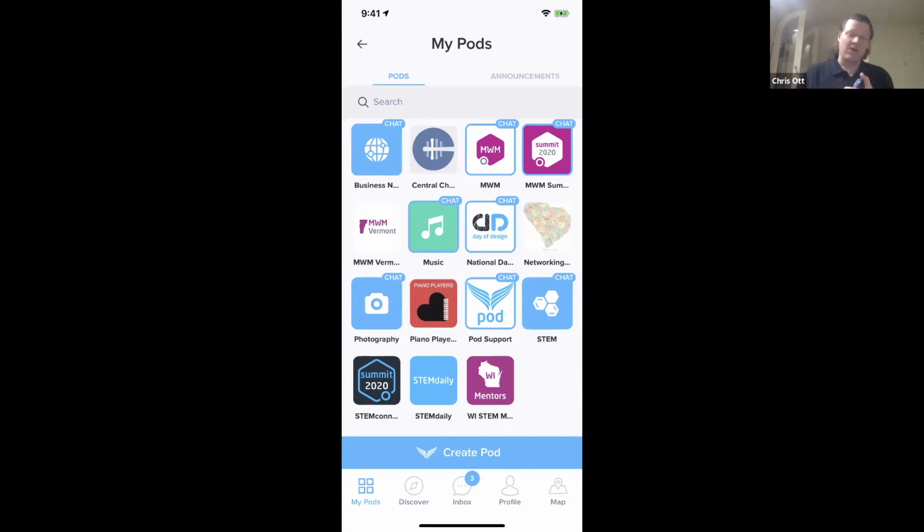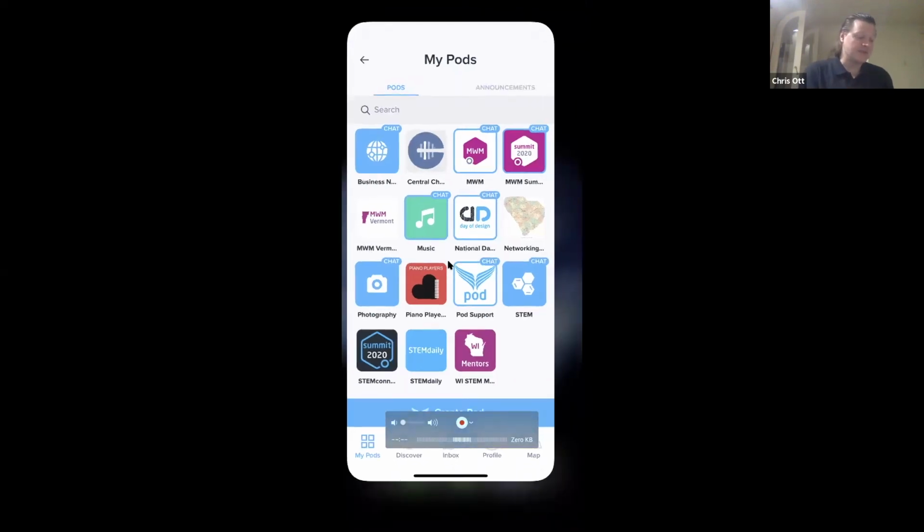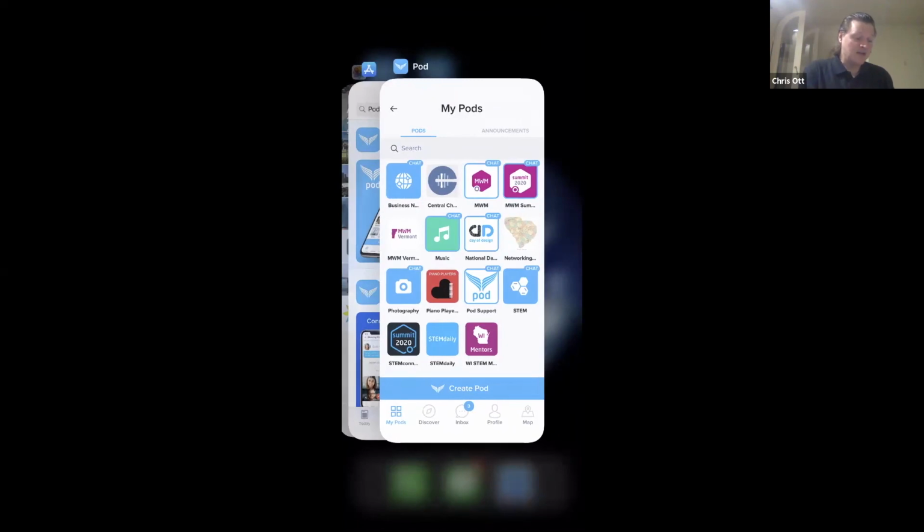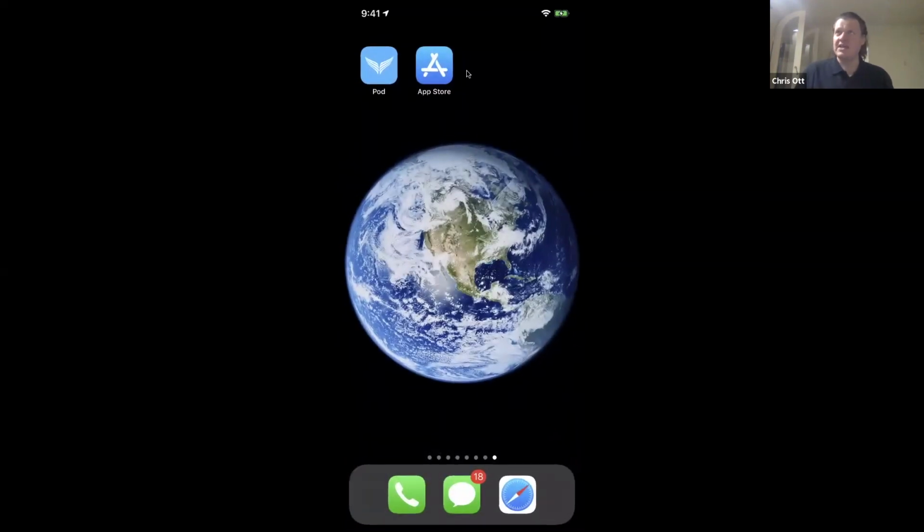And hopefully someday we can get these pod tiles to go on the desktop. I mean, that's the dream right there. So at some point in the future, if your organization has a pod tile, I would love to make it so the widget can go on the user's desktop. So if it was Acme Company, or diversity and inclusion at Acme, you might be able to put that right on your desktop outside of Pod itself. So people's pods could sit on their desktop. That's the way we think here at Pod, always trying to bring the user closer to your community.